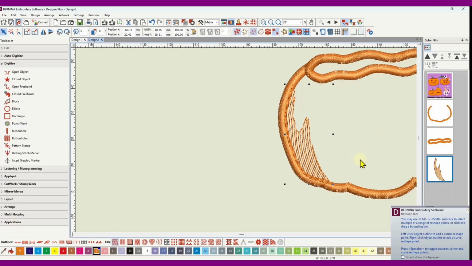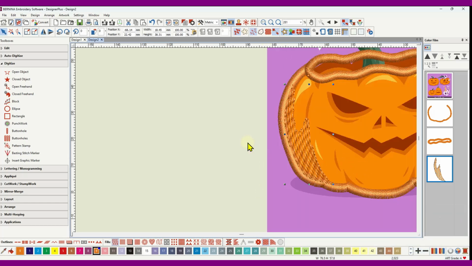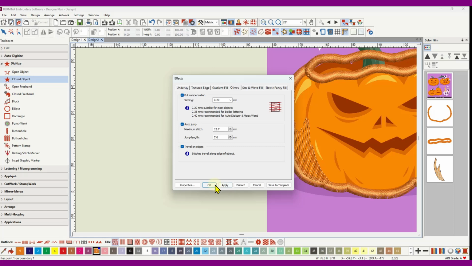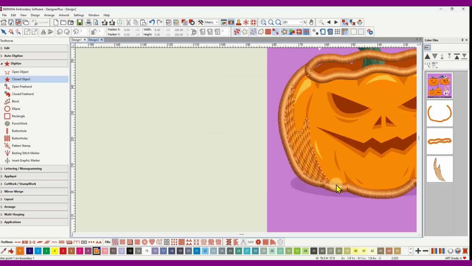Now, I'm not going to bore you repeating that for the other sections, but if you can see the general idea there, if I bring the image back, the next one I create will be close to this one, but a little bit away. So I'll just do one more. Closed object, step fill, and let's go into the object properties again and set it so that we've got travel on edges on all of them. So go OK. So now I will come maybe here,